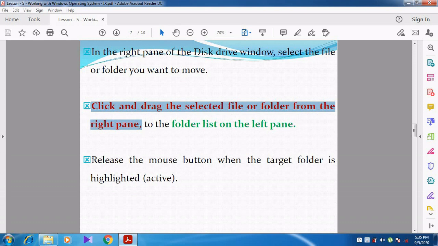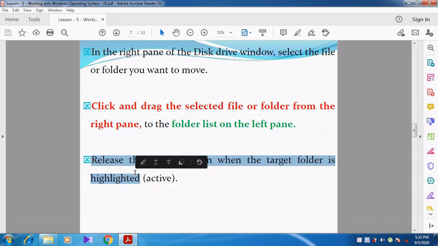Whenever I release the mouse button, the targeted folder is highlighted and the file or folder will be moved to that particular folder. Can you understand, students?